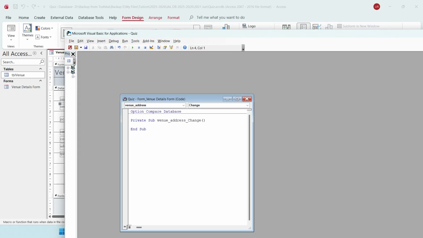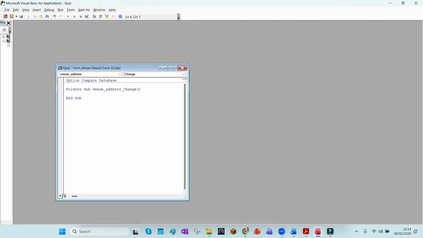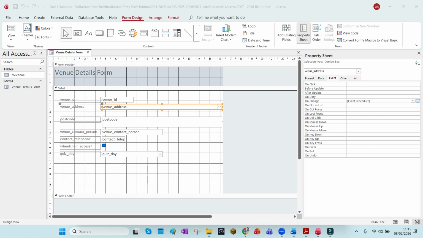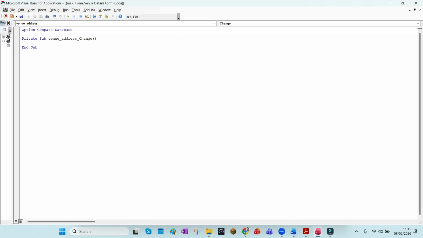That will take you to the change event straight away. Right, so when the venue address changes, what we need to do is we need to find this record using the venue ID. So I'm going to use this code,